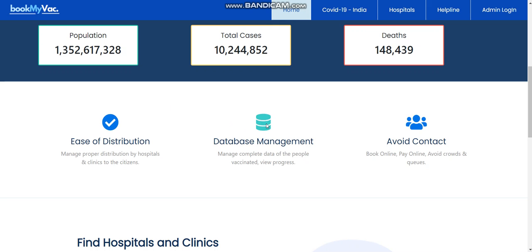Moving towards data management, it will help the government in keeping track of how many people have got vaccinated and how many are still left, and therefore analyze their entire progress in this task. Avoid contact. Since the entire functioning will be done through online portals, it will avoid crowds in queues created